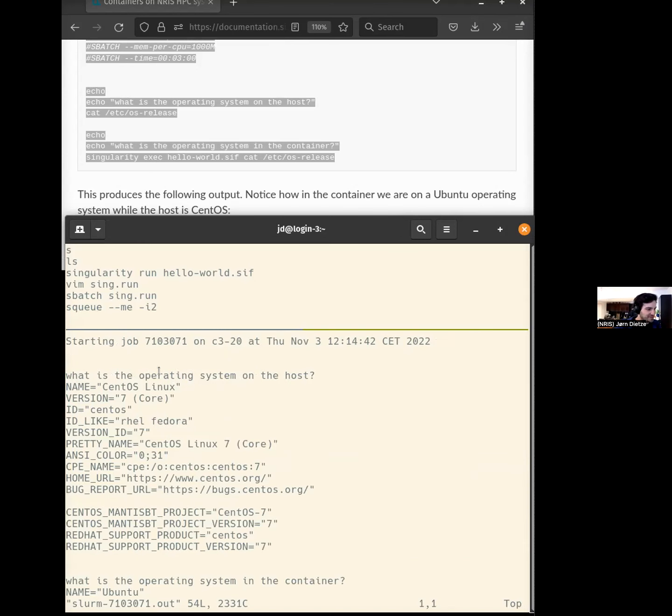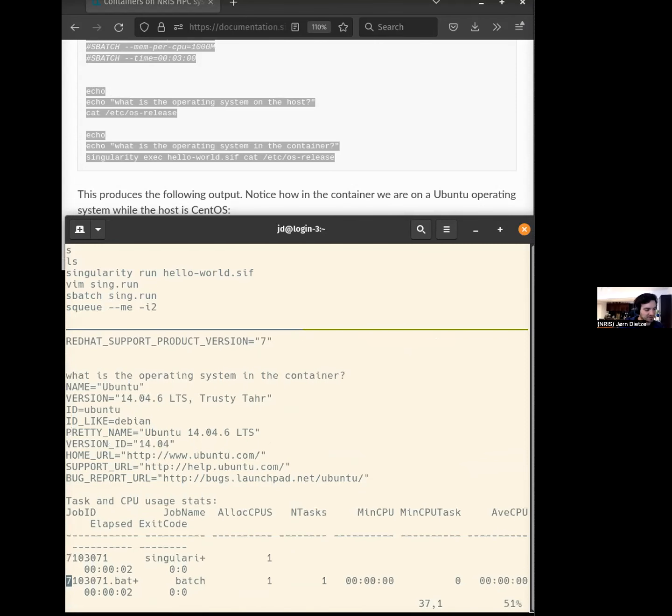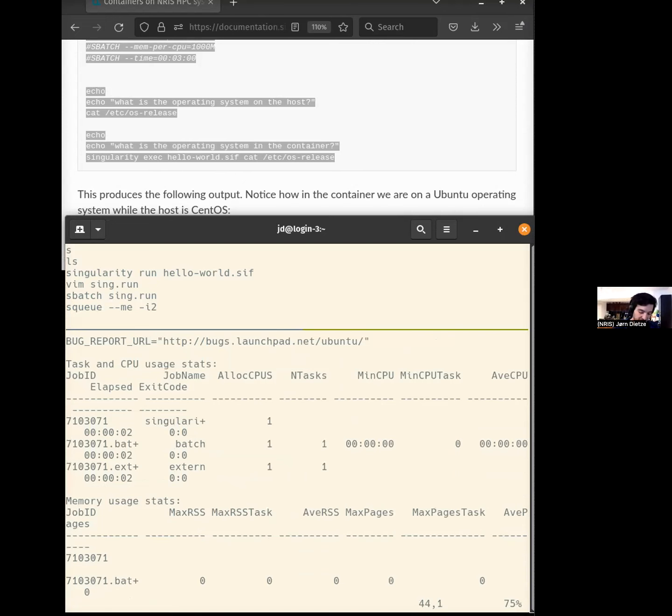It started the job. Here it printed our line, what is the operating system on the host. It tells us it's CentOS, which we expect for Saga. Doesn't it say Saga? No, it doesn't. And then inside the container, it's Ubuntu. And then comes the typical Slurm output. Okay, so this worked.